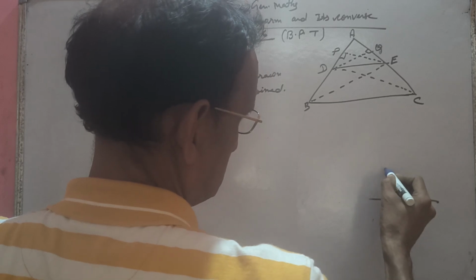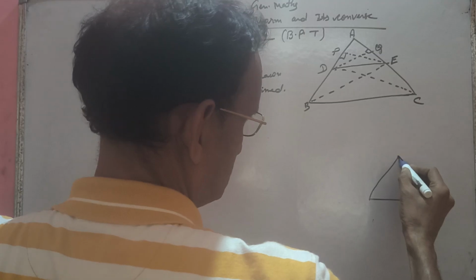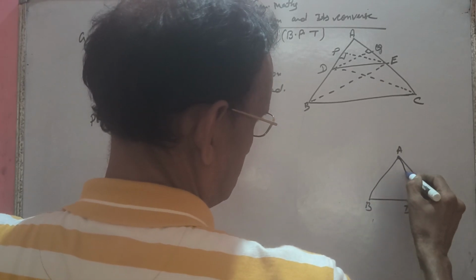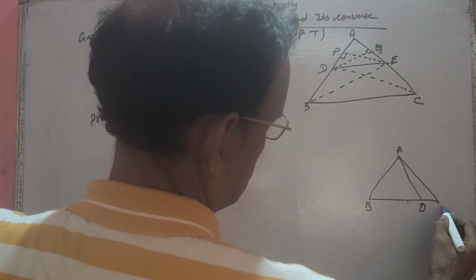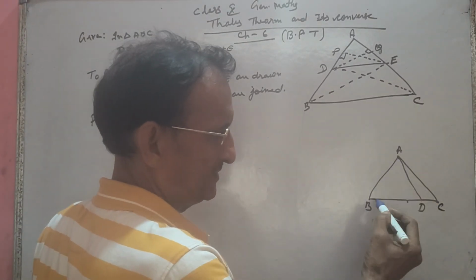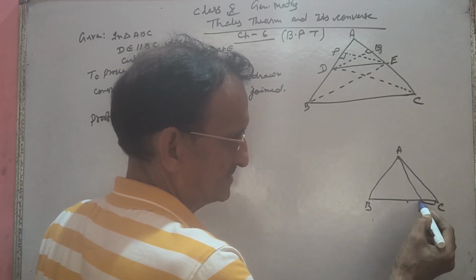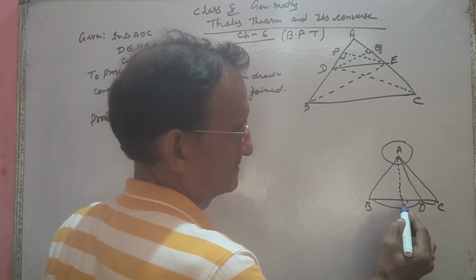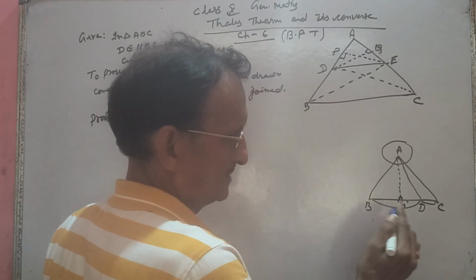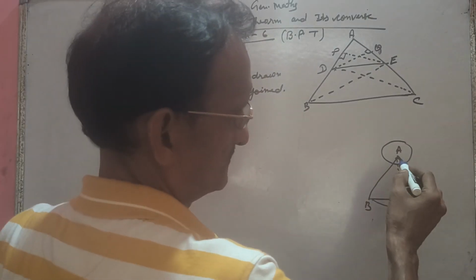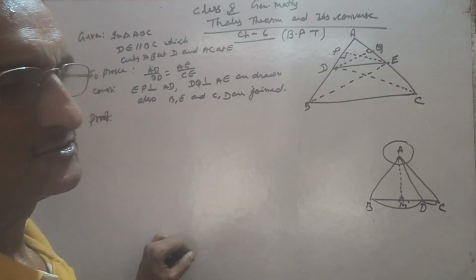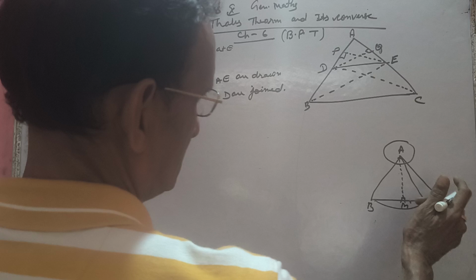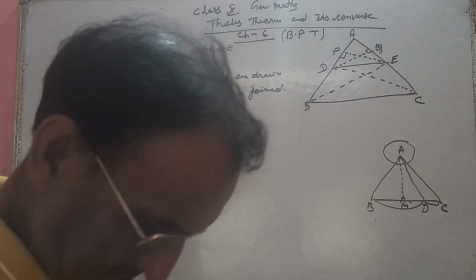See, we have more than one triangle, triangle ABD and ACD. The bases of triangles ABD and ACD are parts of the same line segment and they have a common vertex. Then their altitudes will be equal. Suppose AM is perpendicular on BC, so AM will be perpendicular on CD also, because from a given point on a given line segment we cannot draw more than one perpendicular. So if the bases of triangles are parts of the same line and they have a common vertex, then the altitudes will be equal. This basic concept